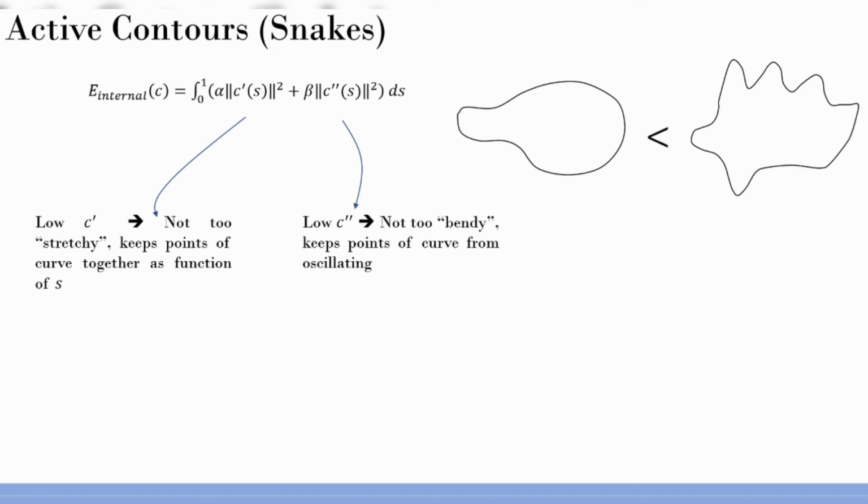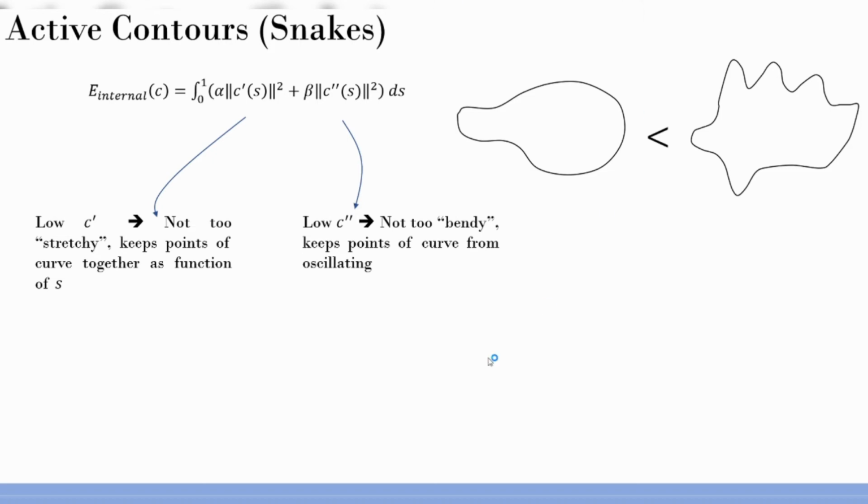We will not discuss that in detail, but there is a possibility of leveraging that aspect as well. If I'm confusing you, ignore all that. What I'm trying to say is that there is an internal energy measure for the snake or the contour, and it goes like first order derivative, second order derivative, and the sum of them. As simple as that. The first order derivative ensures that the points are grouped together, or the distance between points is minimized, and the second order derivative ensures that the curve is less oscillating, so that something like this is avoided. You want a smoother evolution of the curve.